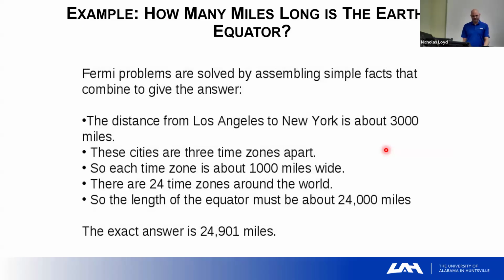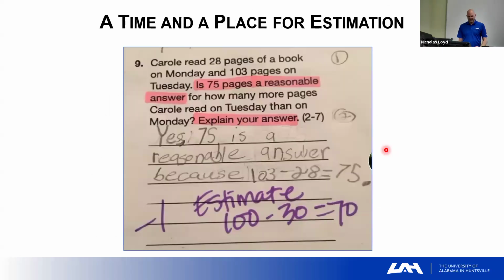So here's an example of just quickly, if I can guess, New York to Los Angeles in general, and it's not going to be exact, is roughly 3,000 miles. And I know that there's 3 time zones between those. That tells me that there's about 1,000 miles per time zone. There's 24 hours in a day, there's 24 time zones. So if I can guess, I bet the equator is 24,000 miles long. Just using simple guesstimation, and the exact number is actually pretty close. So that's what it is, just using order of magnitude estimations.